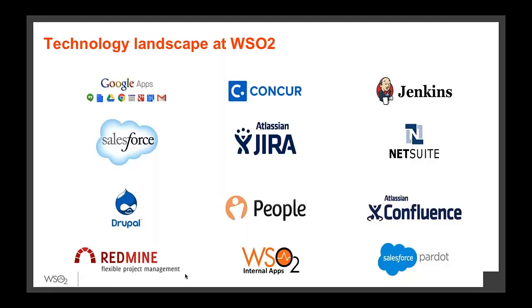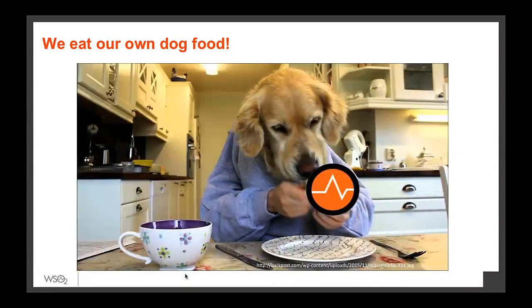So then I think sometime last year, we took a step back and said, hey, we are an integration company. Why should we have to deal with all this manual effort? And why can't we basically eat our own dog food and try to integrate some of these scenarios, some of these technologies, and automate these scenarios and optimize the whole business process around that? And we've been successful, and we've been eating our own dog food to achieve this. So I'll run through a couple of examples